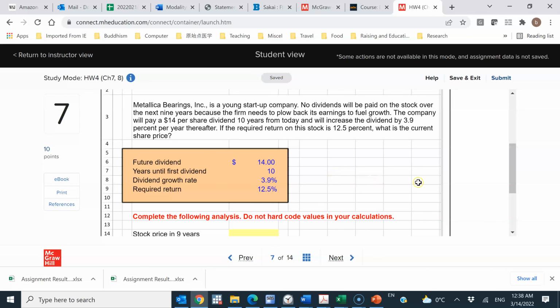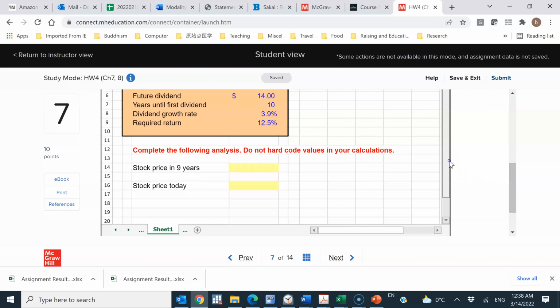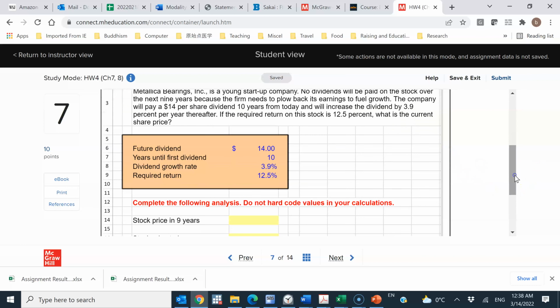And then the second step, after we get the price in 9 years, is to discount that price further back to today. Relative to today, the price 9 years from today will become the future value. So that's basically the 2 steps. These are the 2 steps we can follow in order to figure out the price of this delayed dividend paying firm. So stock price in 9 years, as we said, we can just directly use the dividend, right,